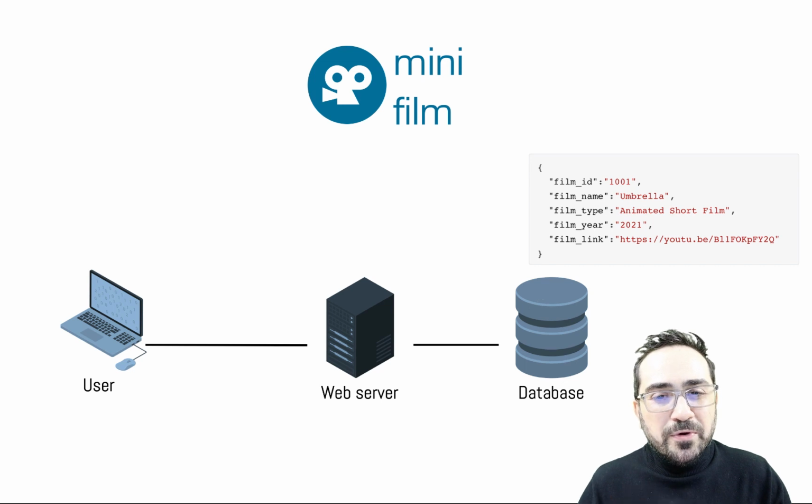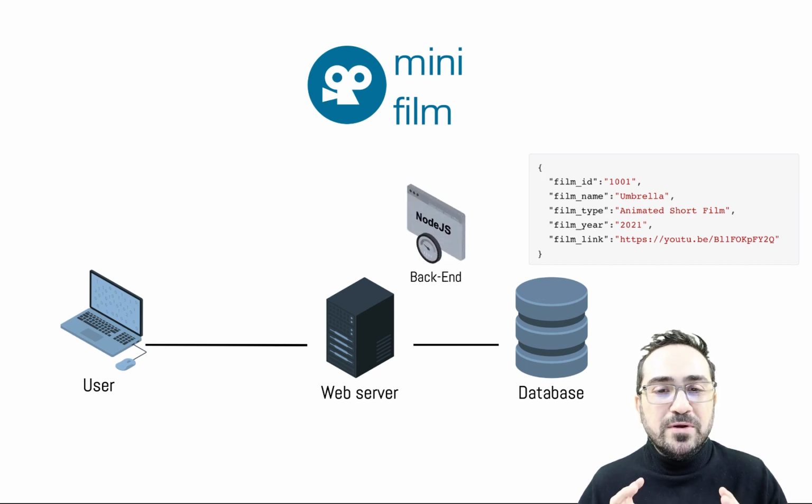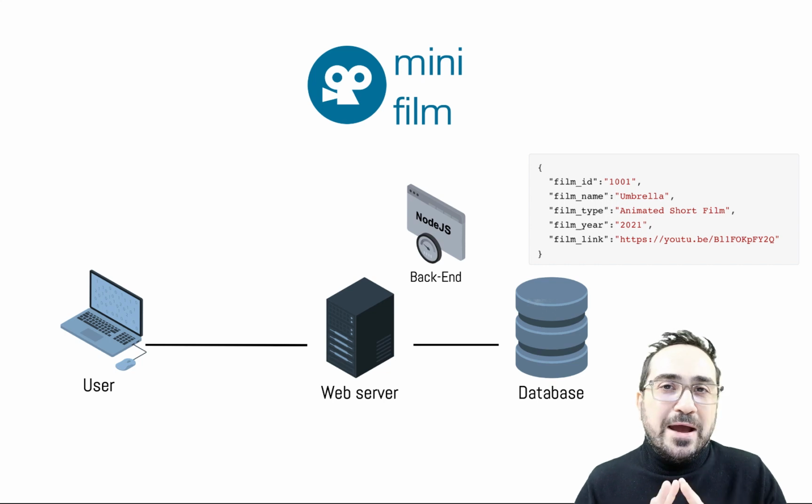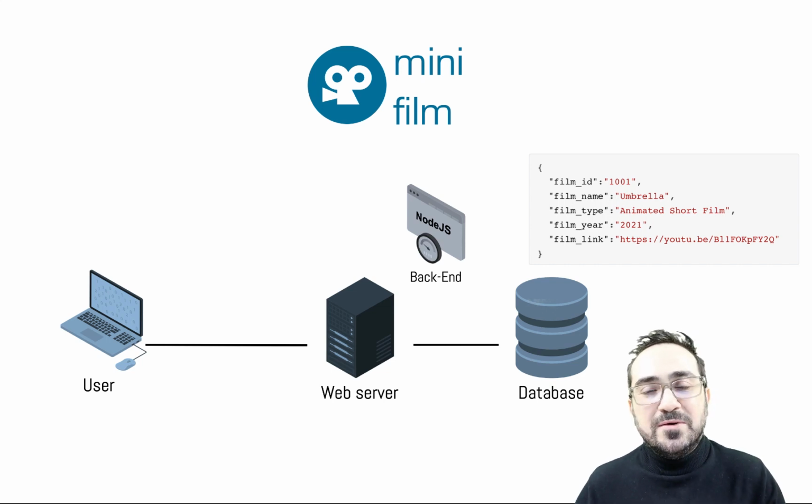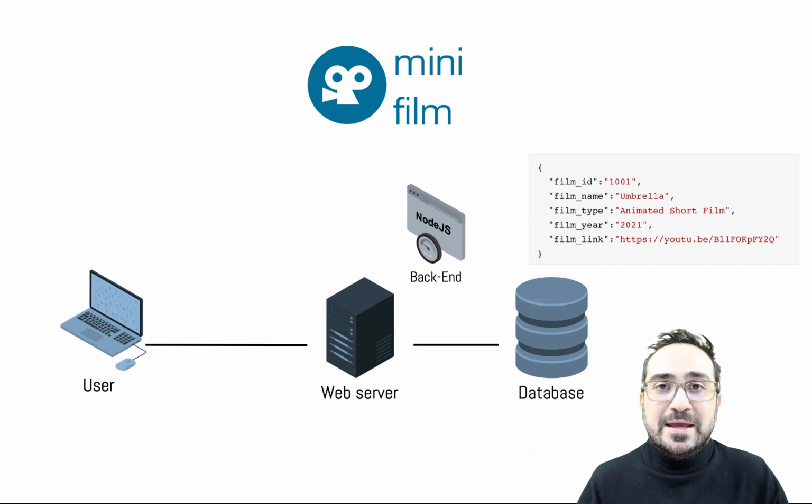So there are two components of my mini film application that I need to think about. The first is what we call the backend. The backend is the heart of my system, where I will develop all my key functionality. For example, if the user wants to watch a film, what the user has to do is to search for these films. This action will be performed by the backend. So any kind of operation that we'll have in the backend, including creating data, reading data, deleting data, or updating data, will happen here in my backend.